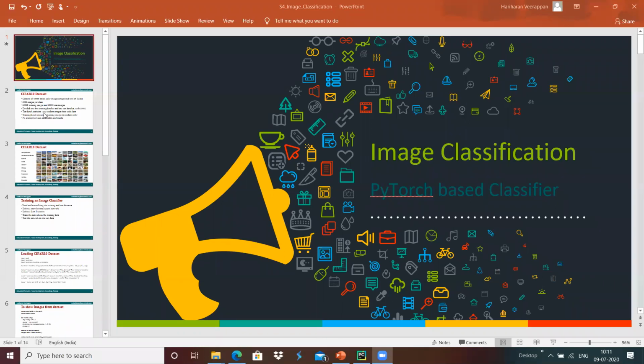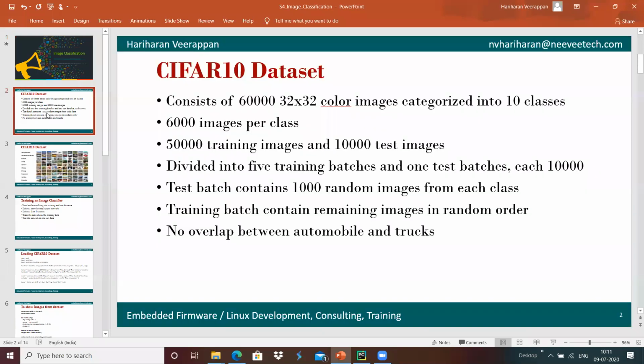In a similar way, we have a data set for image classification. Here we have the CIFAR 10 data set, which consists of 60,000 images with a resolution of 32 by 32 pixels, categorized into 10 classes.